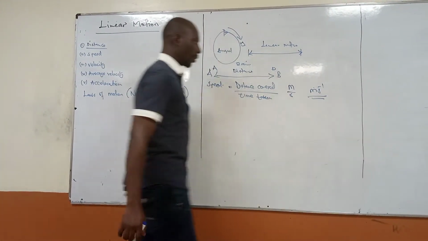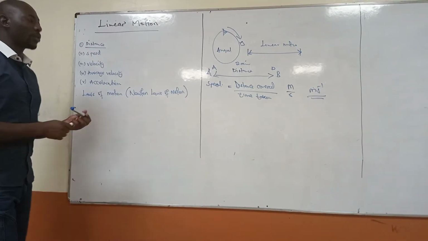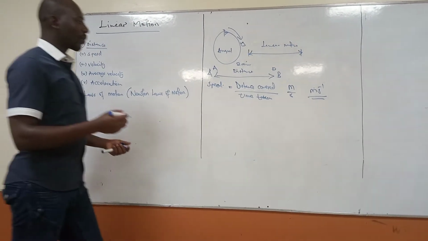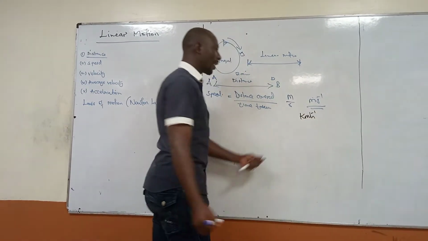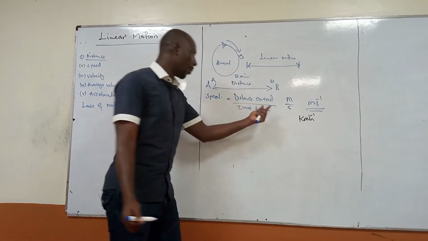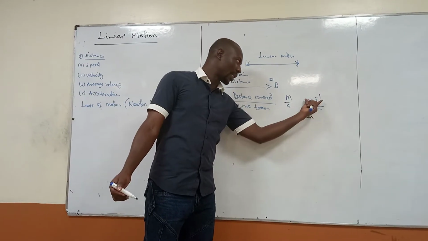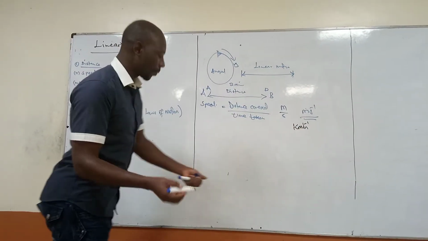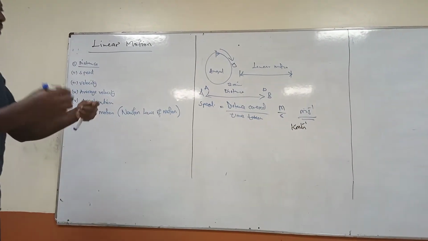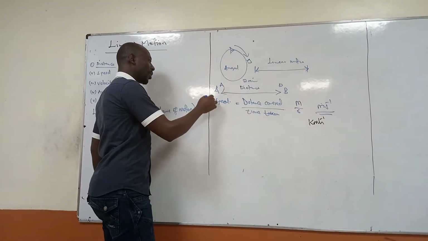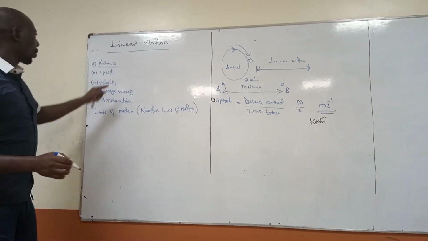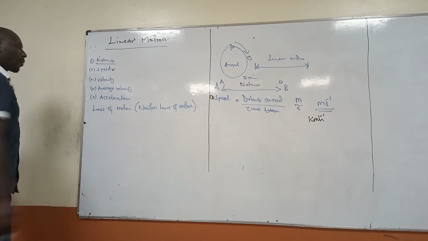Meters per second. We can have other multiple units for measuring speed. That one can be kilometer per hour. But these are just submultiples of meters per second. So the SI unit is meters per second, but hectometers per minute, those are just multiples of the SI unit. So the first term that we associate with linear motion is speed.